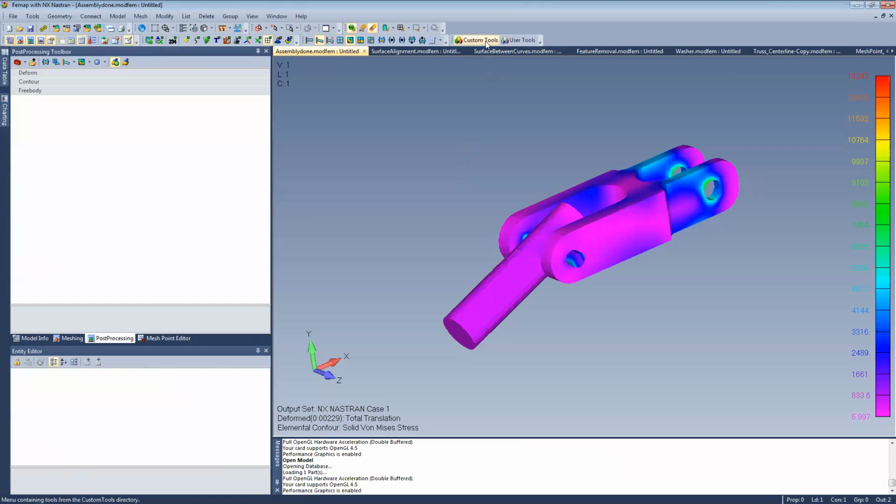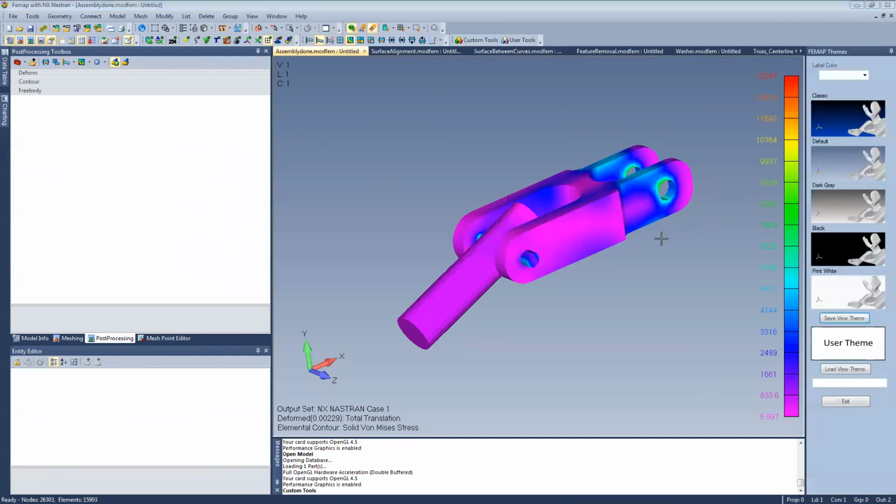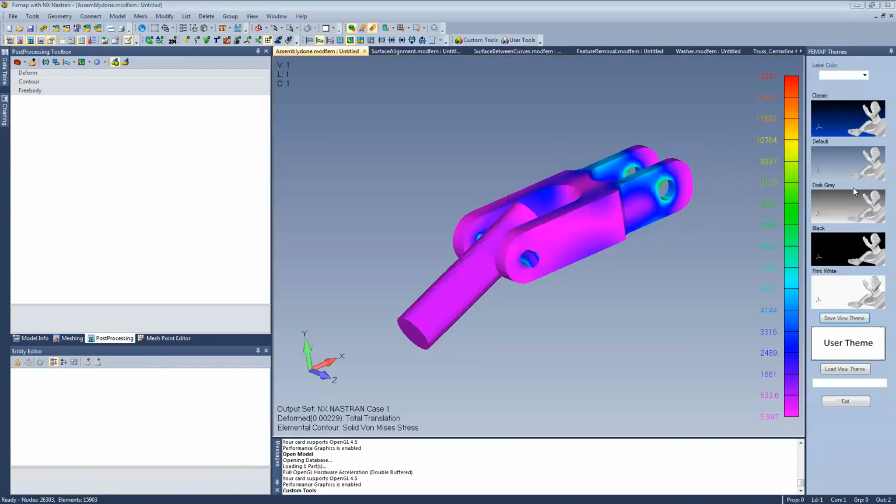So they've added a new custom tool, and I can come up to custom tools, views, view themes. And when I click on that, I get this new little toolbar on the side. I can easily switch the background color and label color. If I like the classic mode, I can go back to that. Of course, this is the new